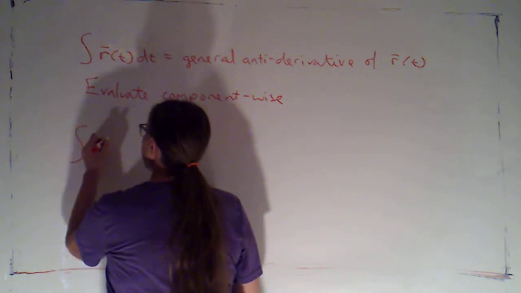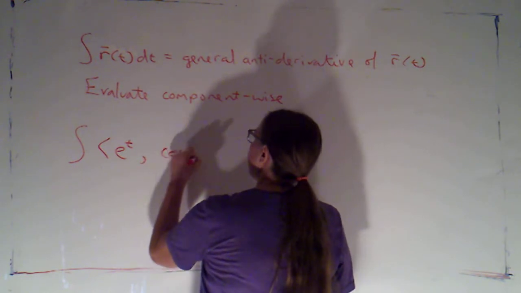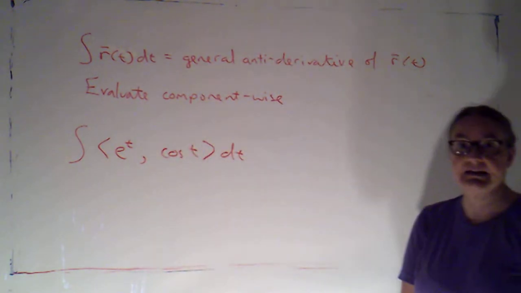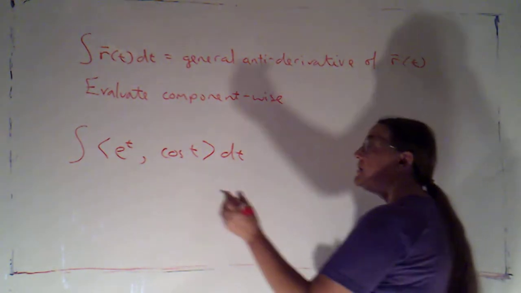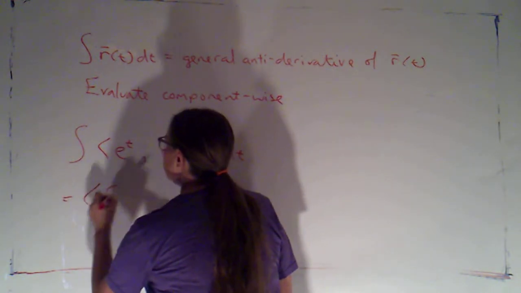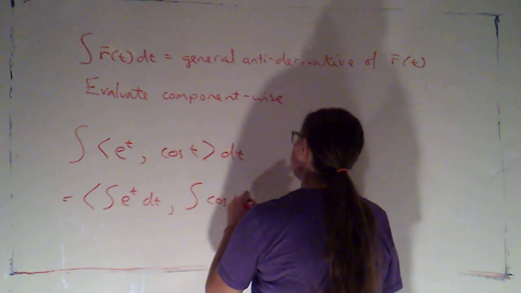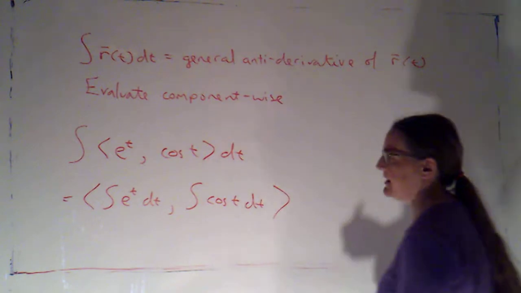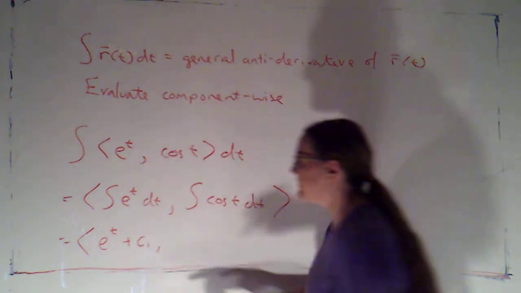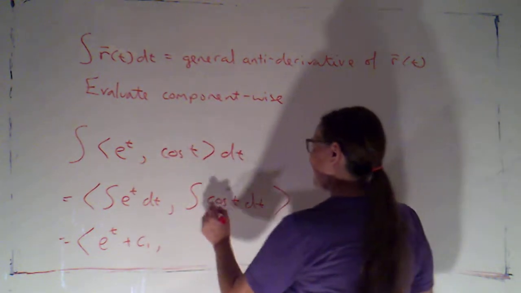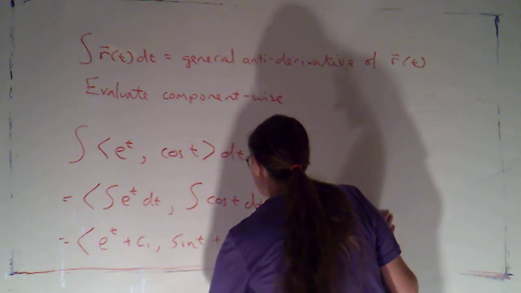Let's suppose I wanted to find the general antiderivative of ⟨e^t, cosine t⟩ dt. Okay. Well, I can evaluate this component-wise. So I could say this is going to be the general antiderivative of e to the t, comma, the general antiderivative of cosine of t dt. Okay. That's, of course, going to be e to the t plus a constant, which I'm going to write as c1, comma, an antiderivative of cosine would be sine of t plus a constant, which I'm going to write as